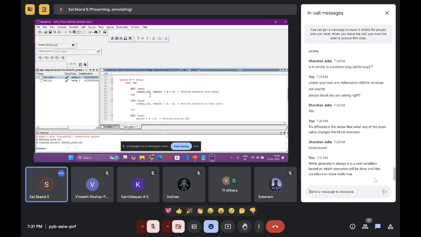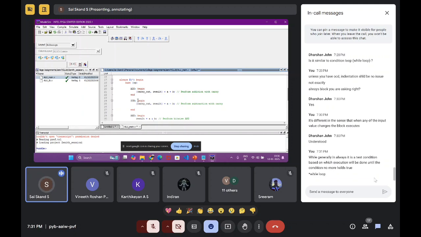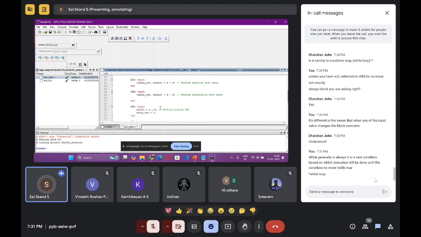I don't think I'll have to explain in too much depth. Similarly for subtract, again we have defined a block, and within that block we are performing the subtraction. The borrow we are putting into the MSB. I guess you're all clear with that. The result is 4-bit. Okay, and then next the and operation, and you all know the syntax for and, right? In assembly it's similar to VHDL, so there's not much difference in that.